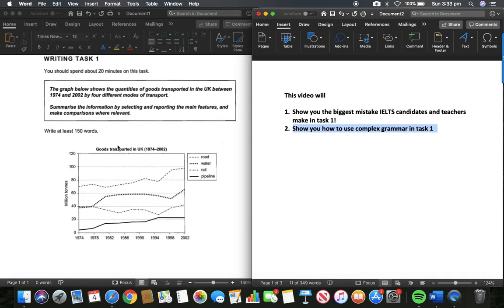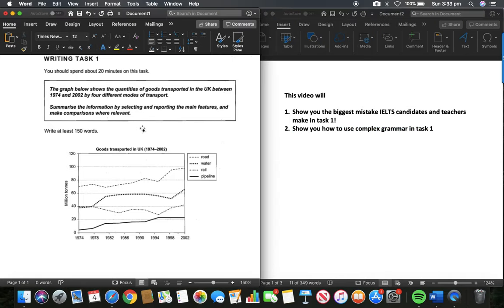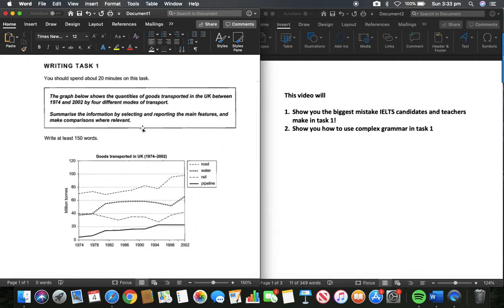Let's just start. Have a look. This is our task for the day. This is from IELTS 8. Go ahead. The first thing I'll say, the big mistake that people make is they don't take the time to analyze and plan their response. The first piece of advice I would give you is to take 5 minutes and look at the data. You'll understand why. Sometimes it takes time looking at these to really understand what's happening.